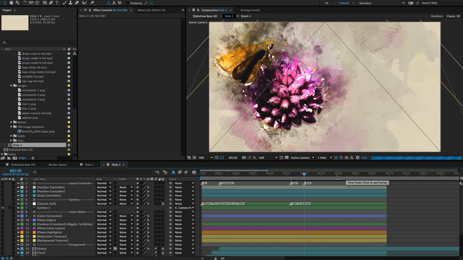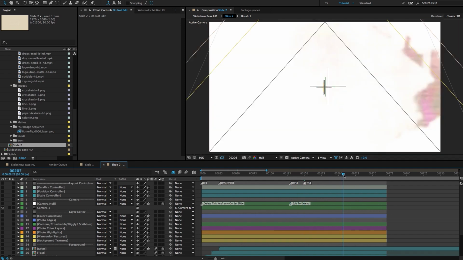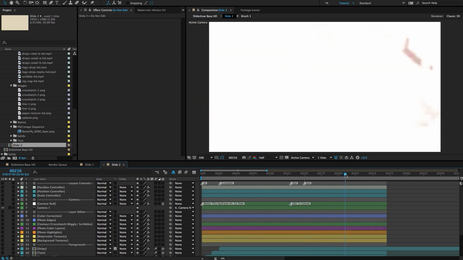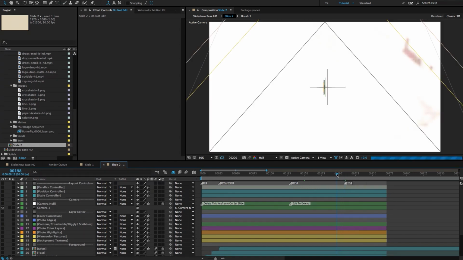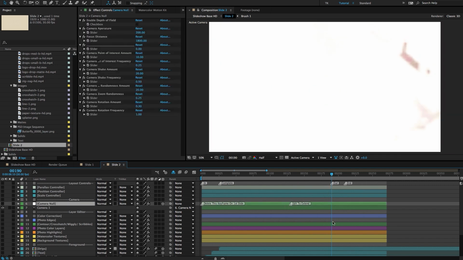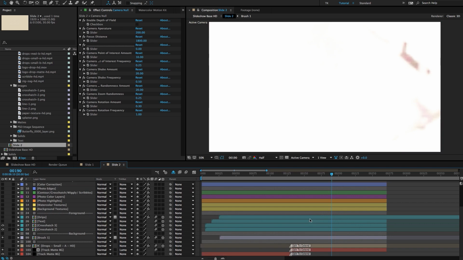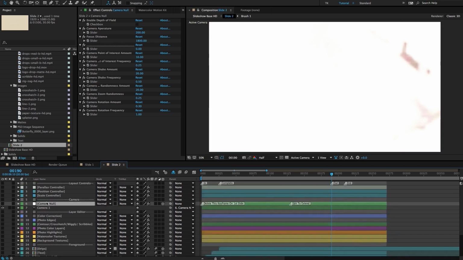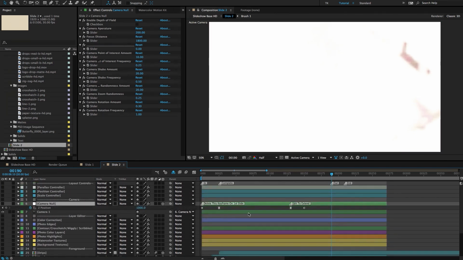So what we're going to have to do is go to frame 210, where we want the new out position to be at 7 seconds. And we're going to drag the out. Well, actually, if we wanted it to end at 7 seconds, we would have the end be there. And then we're going to go 20 frames back to frame 190 and drag the out to there. And then we have one layer right here, this camera null layer, and then we have these layers where it says edit to extend. So on the first camera null layer, let's hit U, and then I'm going to